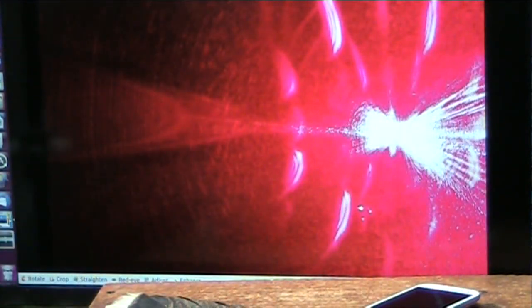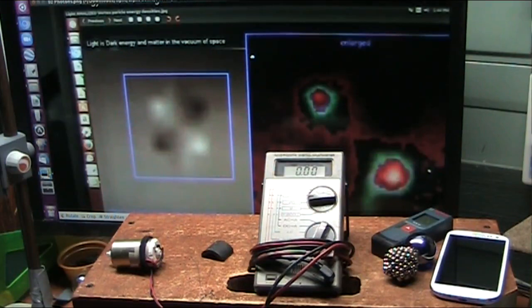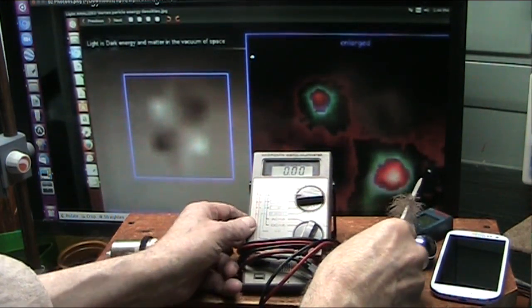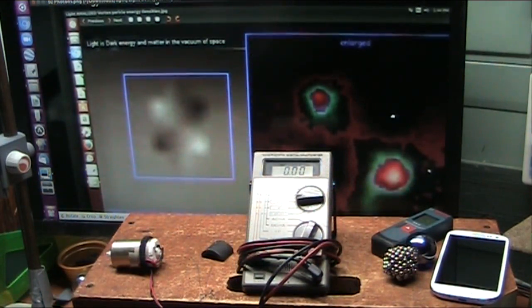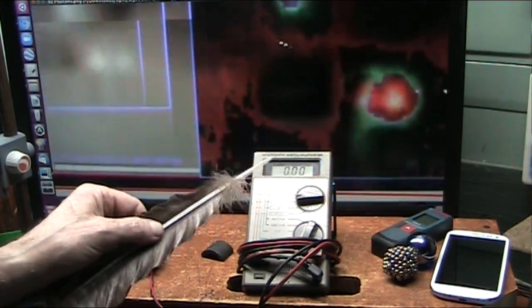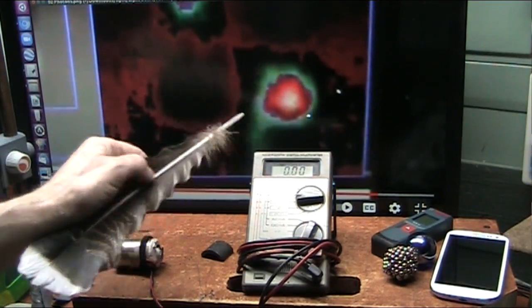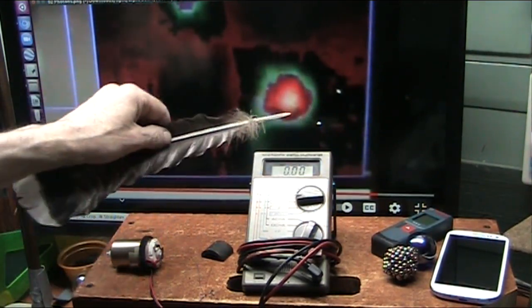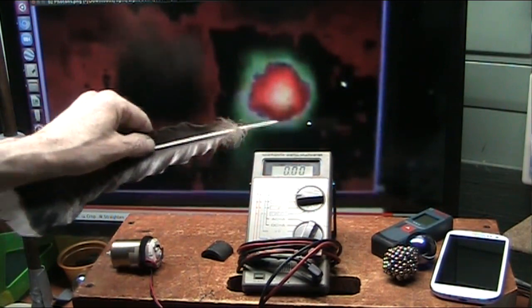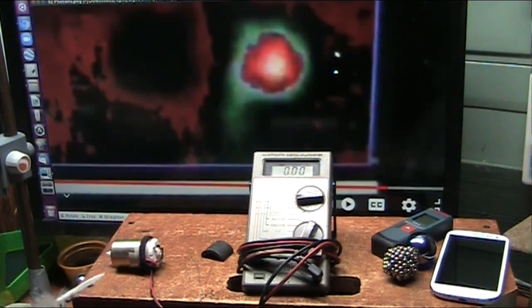Now let me show you these field pictures I got. Absolutely stunning, and I don't really know what to make of them yet, but I can tell you what, they're stunning. All right, I'm going to give you an explanation of why particles charge up when they push against other particles. Now, what are we looking at here? This is the actual photon coming through the air. This is glowing because it's concussing with particles that are in the air.